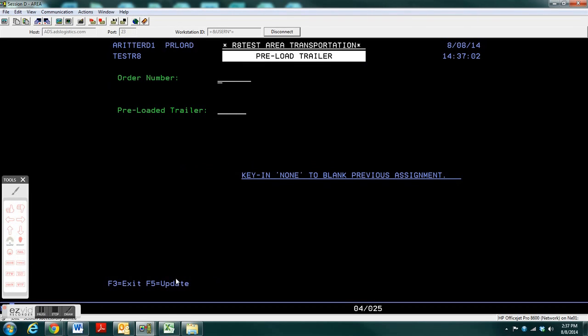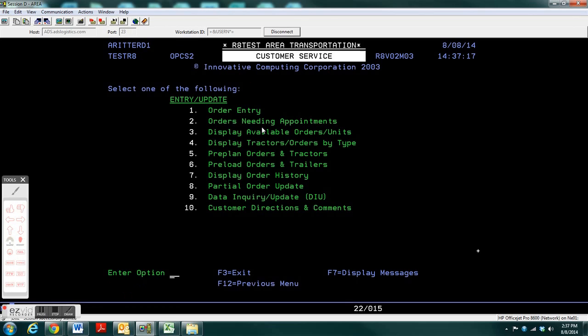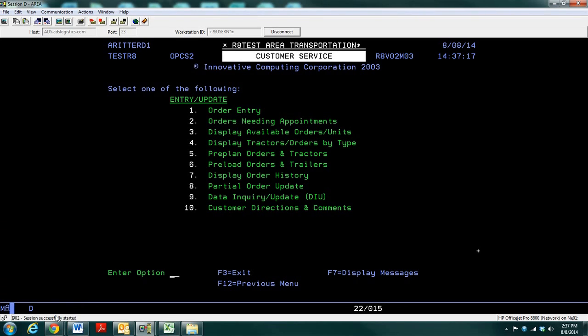Type in the order number and then key in none to blank the previous assignment. Hit F5 to update, and now his trailer is cleared. There will be no issues when the driver Kip Harrison is dispatched on a